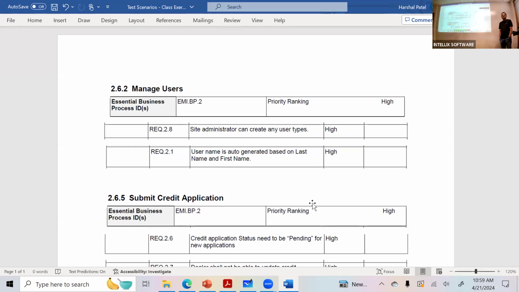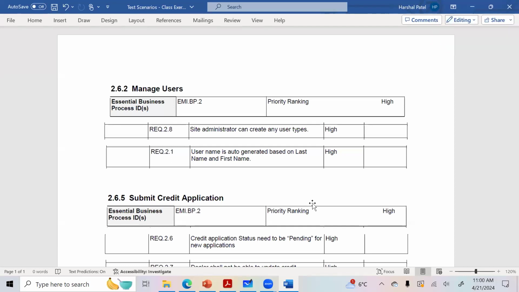If I give you Jerry as a first name and Smith as a last name, just as an example, then what's supposed to be my username? Because it's an auto-generated username here. What type of user? No, it's not about the type of user. So stay focused on the requirement. It's only the requirement. This is the part where you are writing the test cases, test scenarios on this requirement only. So we are not talking about user type or anything else.